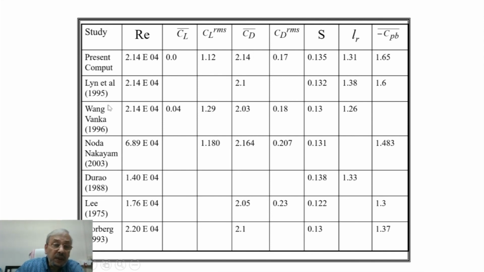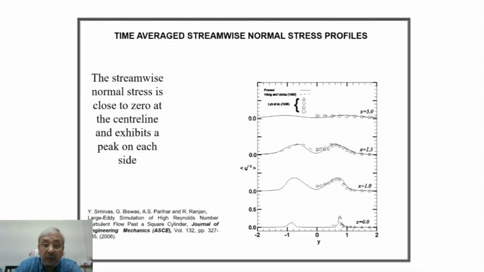This is Lin and Rodi, this is Wang and Vanka, this is Nada and Nakayama, so Durau in Portugal, Norberg in Sweden. So all these quantities were compared. We do not have time to go into detail of this comparison, but the results of this comparison were very satisfactory. I'll show you